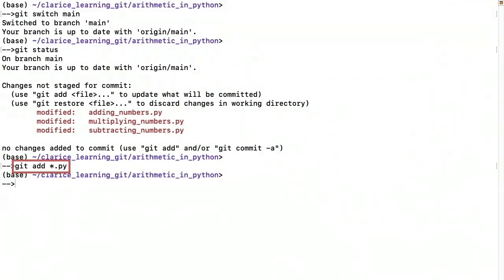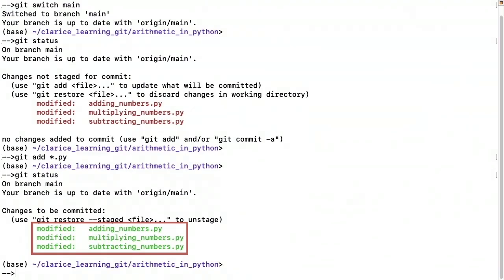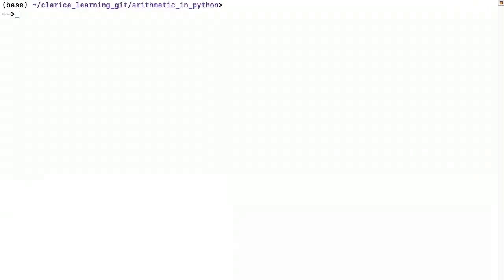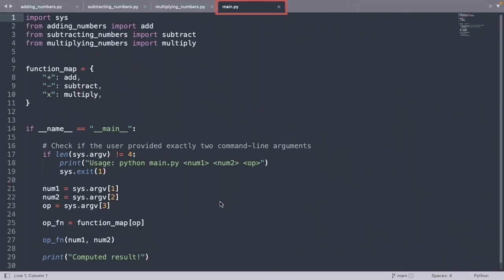So I'm going to go ahead and add these files to the staging area. I'll run git status to confirm that they are indeed in the staging area, and you can see that they are. In my head, I want these modifications to be part of the next commit that I make to a feature branch. Now I need to add a main.py file as well, which will actually invoke the right arithmetic function